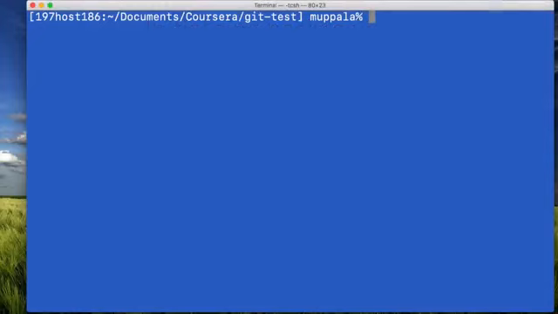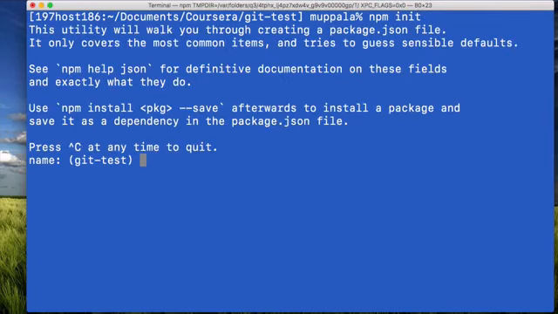Here I am in the git test folder in my terminal window. Make sure that you also open a terminal window or a command window and then go to the git test folder. And at the prompt, type npm init and then follow along the questions that are asked. For the name of the project, we'll just leave it as the default git test. For version, we'll just leave it as 1.0.0. We can edit that later. For description,